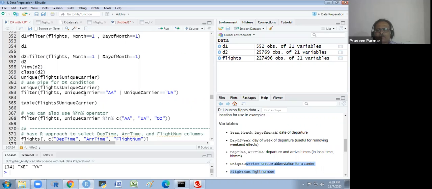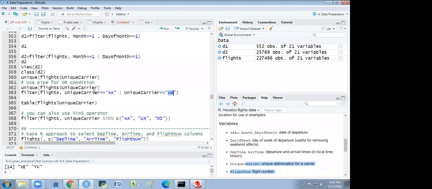But when I talk about the unique carrier in a single column, then you can only use or. You could not use and, because you will get only one category. You cannot select AA and UA both. Either you select AA or you select UA. Got it?